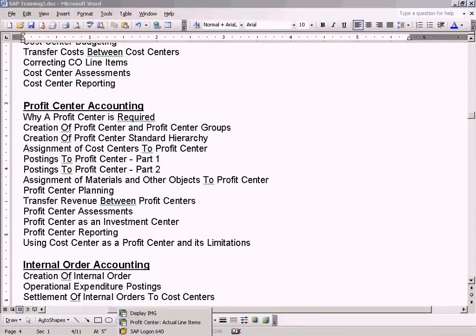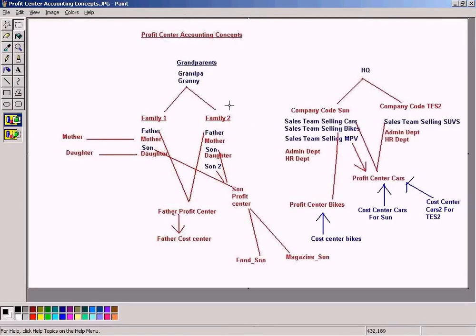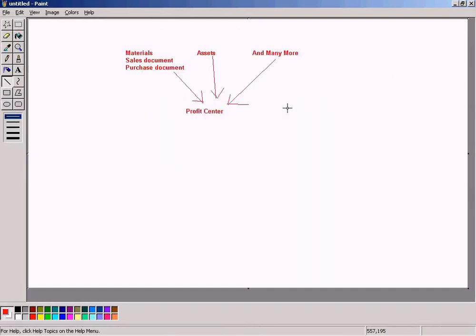what will happen in SAP is that the profit center which is assigned to the material will be posted with the sales document value. So in other words, if I were to draw this in a slide, let me draw this. Okay, see this